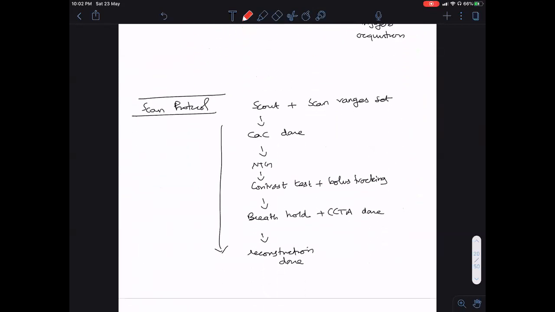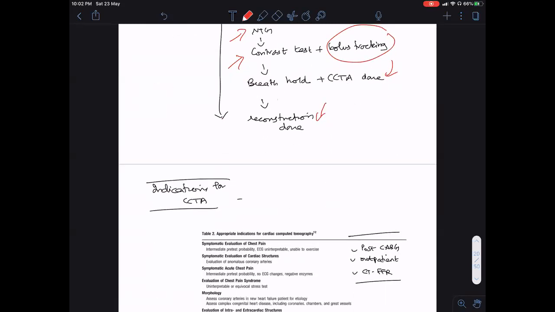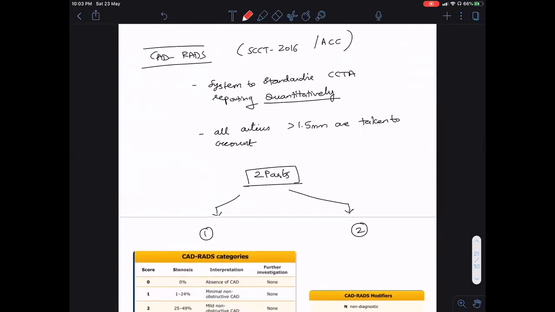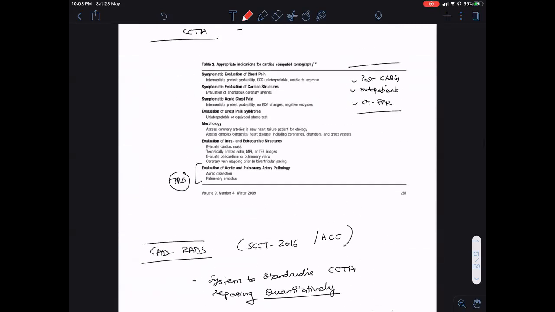What is the scan protocol? Initially, a scout picture is taken, then coronary artery calcium is assessed, following which vasodilation is given. Then a contrast test is used for bolus tracking, following which, once we are all comfortable that the timings are adequate and ECG is gated properly, it's triggered for acquisition, then a CT is done and further a reconstruction. Just briefly on the protocol use, I think indications we all know, so we don't have to look at it. It's probably the same indication as